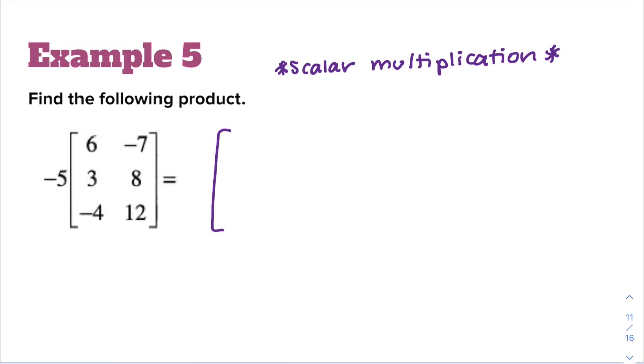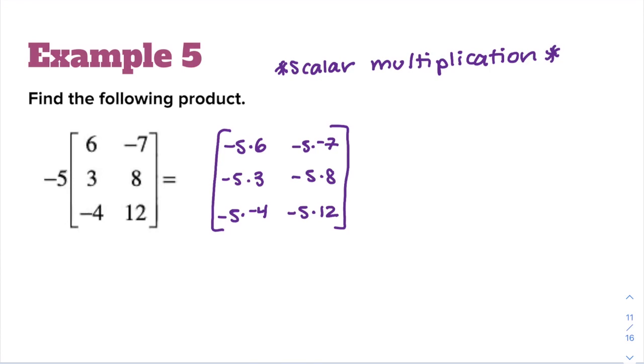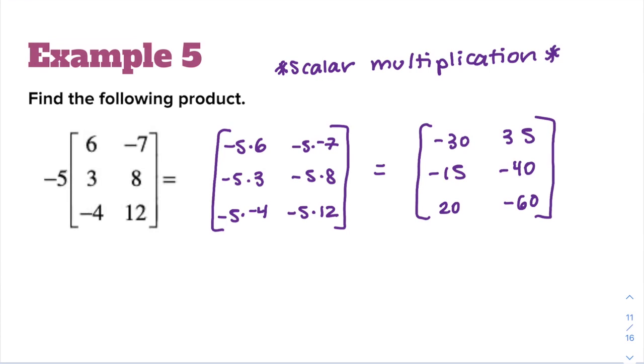So if I was doing scalar multiplication, all I'm going to do is I'm going to take every element in the matrix and multiply it by negative 5. So I'd have negative 5 times 6, negative 5 times negative 7, negative 5 times 3, negative 5 times 8, negative 5 times negative 4, and negative 5 times 12, which would get me a final matrix of negative 30, 35, negative 15, negative 40, positive 20, and negative 60. So that would be that final product after